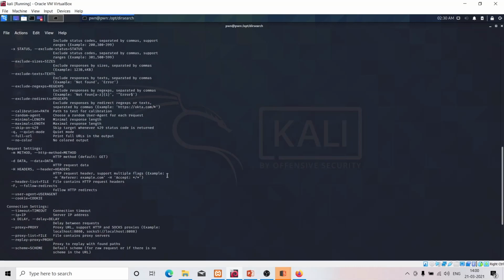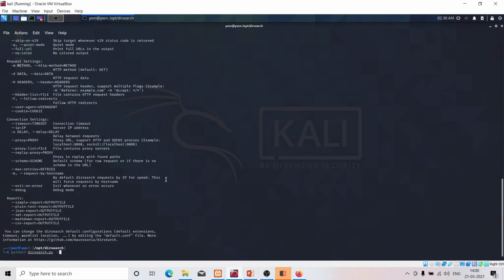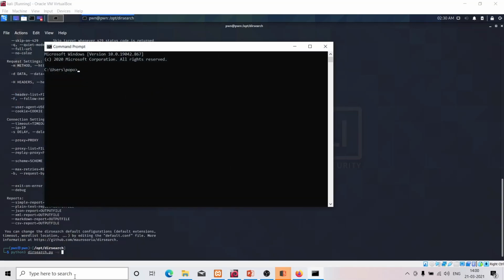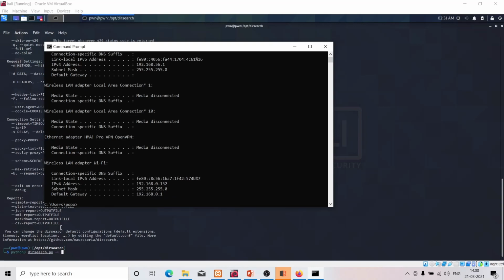In our case, we just require the URL, the directory, and a certain extension which we would like to brute force. Always remember, in certain cases you can also try to brute force the extension in an application. So in our case, the URL is the IP address of my system, which I got from cmd ipconfig.